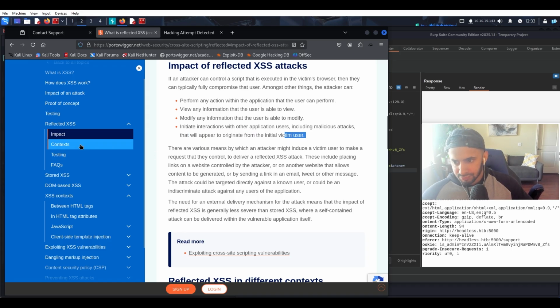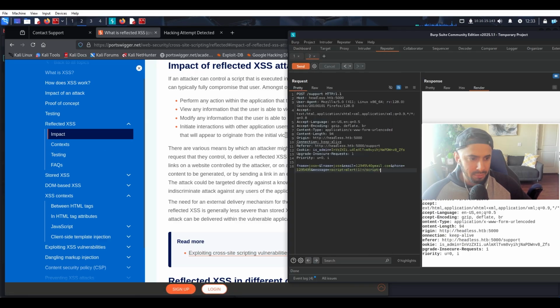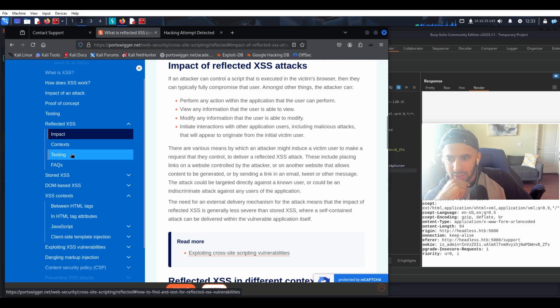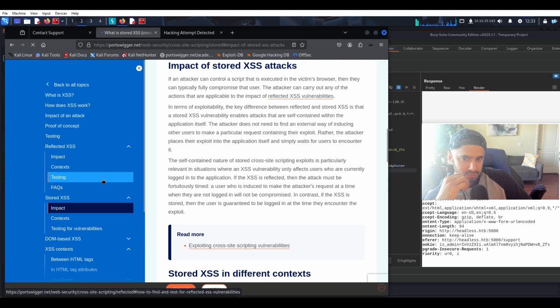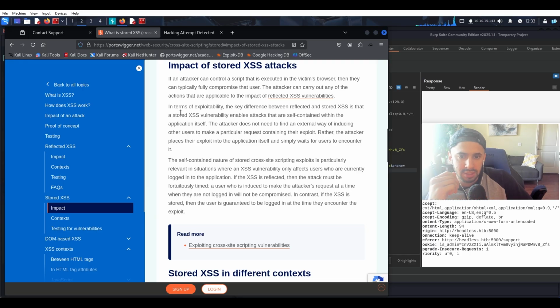Sorry, let me dive into stored as well. Stored essentially is just pretty much what it means. It's basically you can control a script that is executed in the victim's browser. Then they can typically fully compromise that user. Now, the attacker can carry out any of the actions that are applicable to the impact of